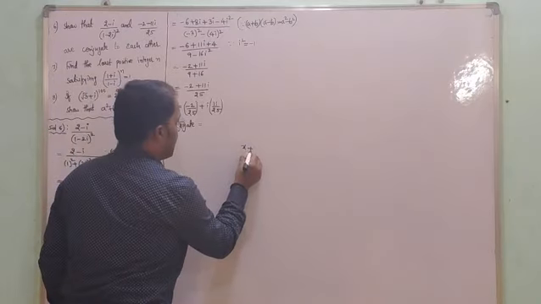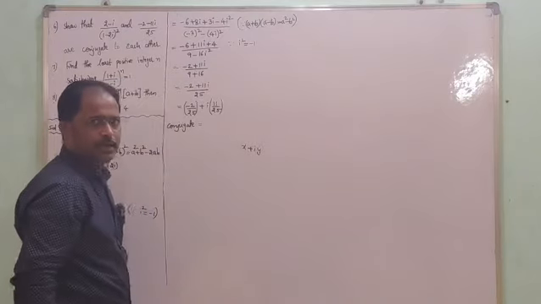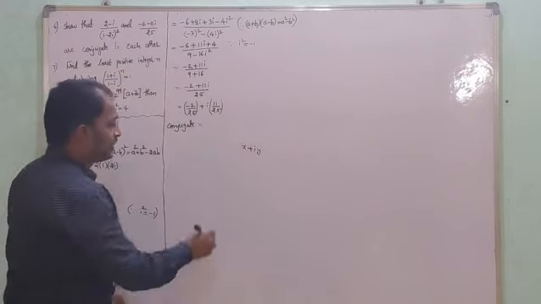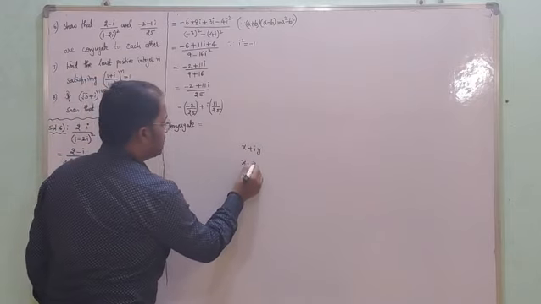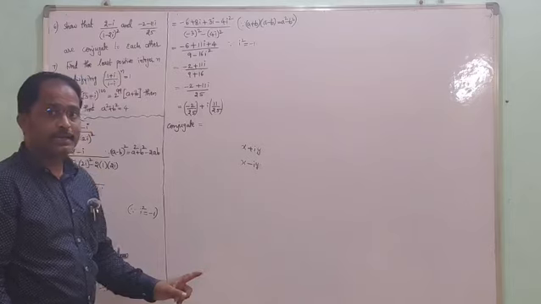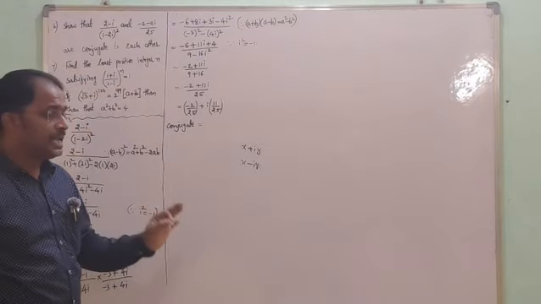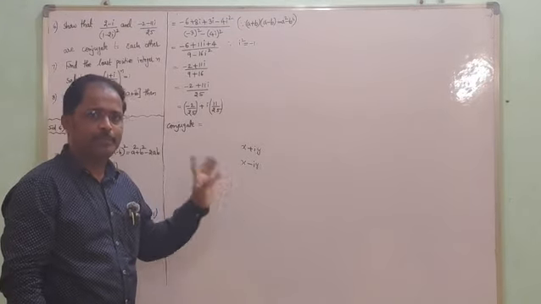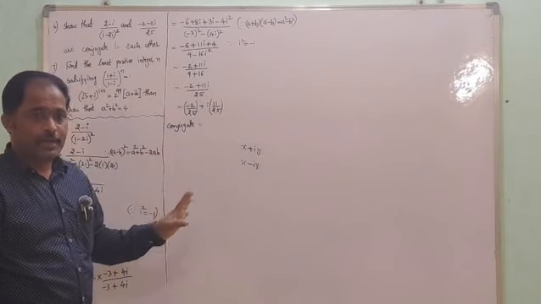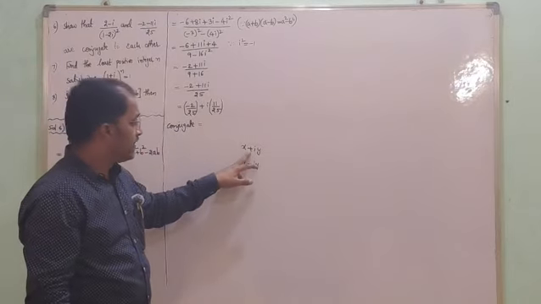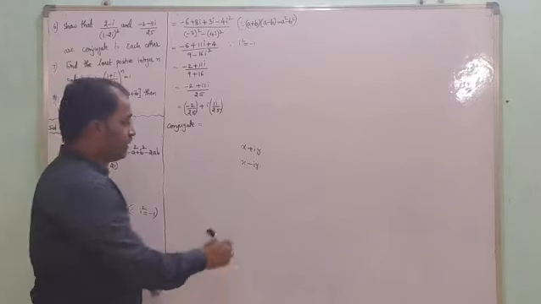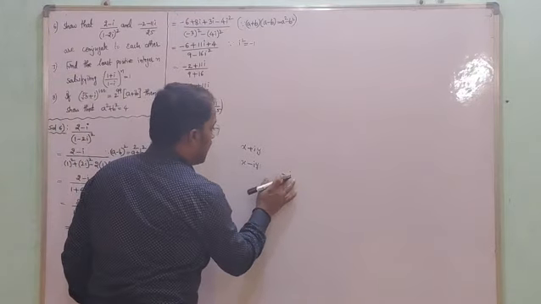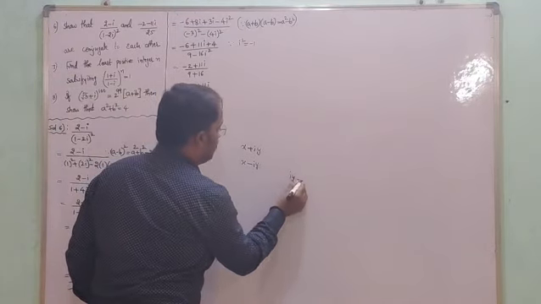Suppose x plus iy is a complex number. The conjugate of this complex number is x minus iy. That means change the sign of the imaginary part. Not like this; do not change the sign of the middle one. If the complex number is written as iy plus x,